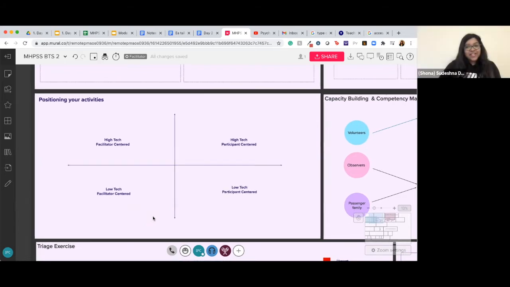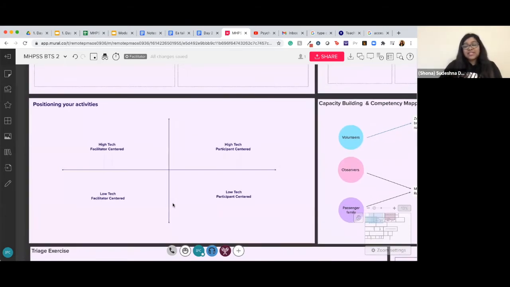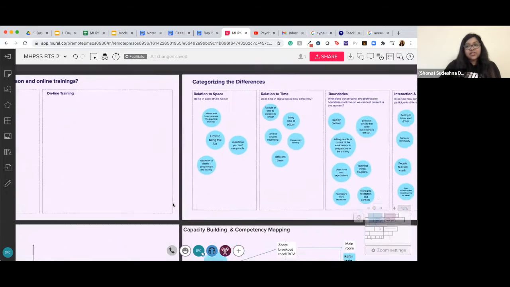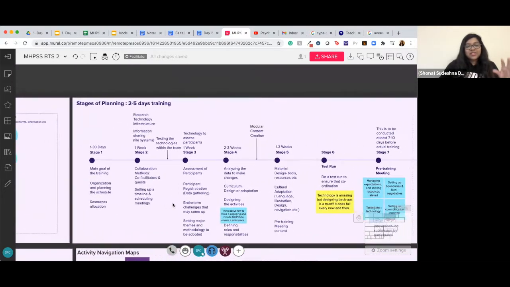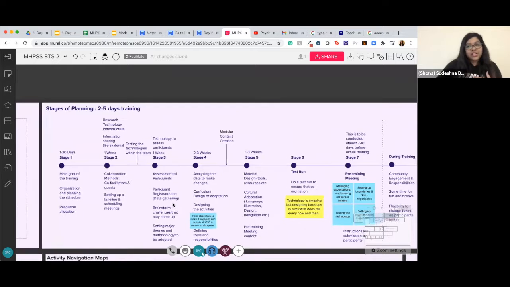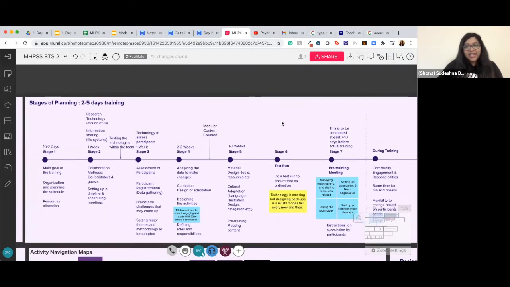Perfect. Thank you, Anoop. And just to start plugging that in, maybe we can think about what is the timeline that we're looking at in terms of even designing and planning these trainings. So this is just a small, like when you're thinking about a 2 to 5 day training, what are the different stages involved? And you have the mural copy if you want to look at it, or you can just look at my screen. And I'll walk you through the different stages that we have been at, and then maybe we all can together discuss what was the most surprising element that is there,